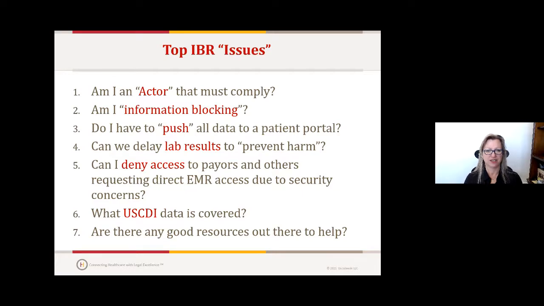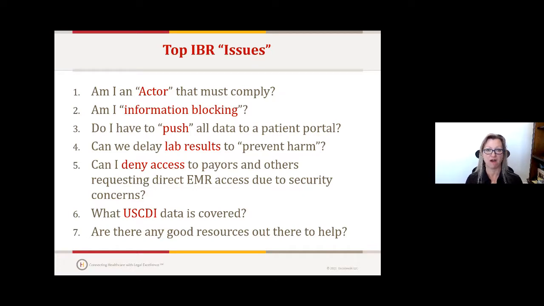So, again, we've been at this for a couple of months now. I've worked with numerous hospitals, healthcare systems, and member organizations, including a number of FQHCs, HIEs, and HINs. There have been a couple of repeated themes that have come up as those organizations started to focus on what they need to do to comply. They took a look, and some of these issues came up.